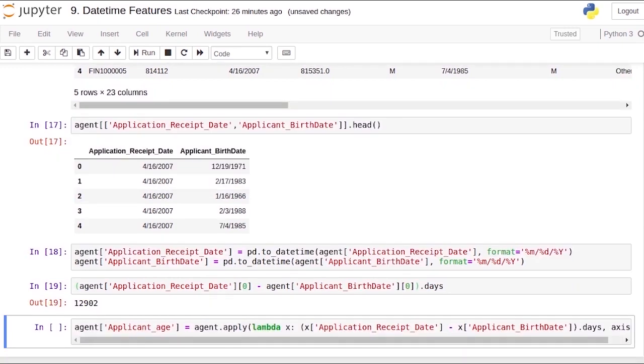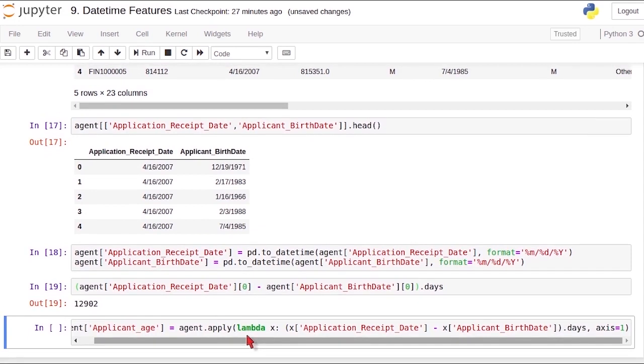To do this for each row, I will again use the apply function. This code might look a bit complicated, but is actually very simple and efficient. For each row, .apply returns the difference of the 2 variables. And this value returned by the function is stored in a new variable, which we are calling applicant_age. So I'm going to go ahead and run this. Perfect. So this is how we can work with a date time variable. So many things we can do with a simple column. Again, as I mentioned earlier, go ahead, experiment with it, and you'll be amazed at the accuracy you get using these simple date time features.